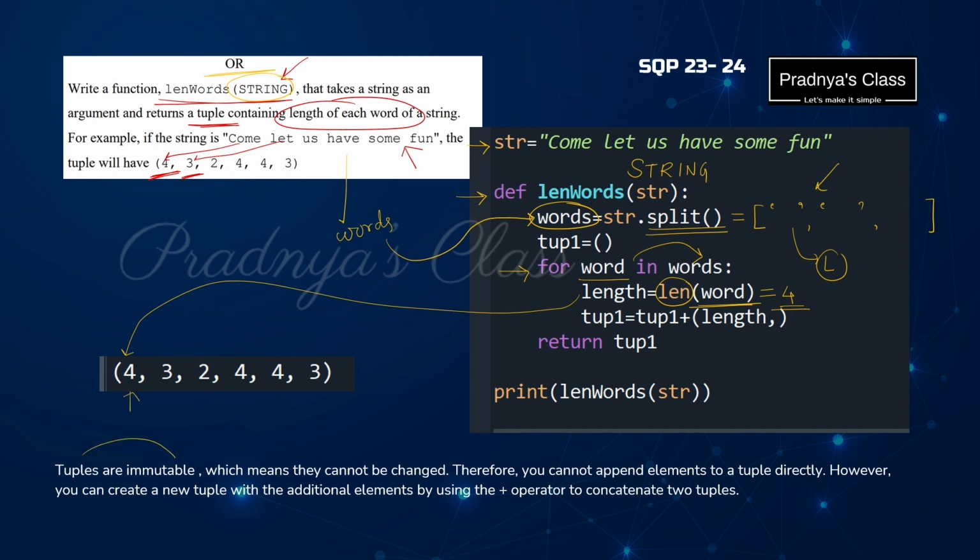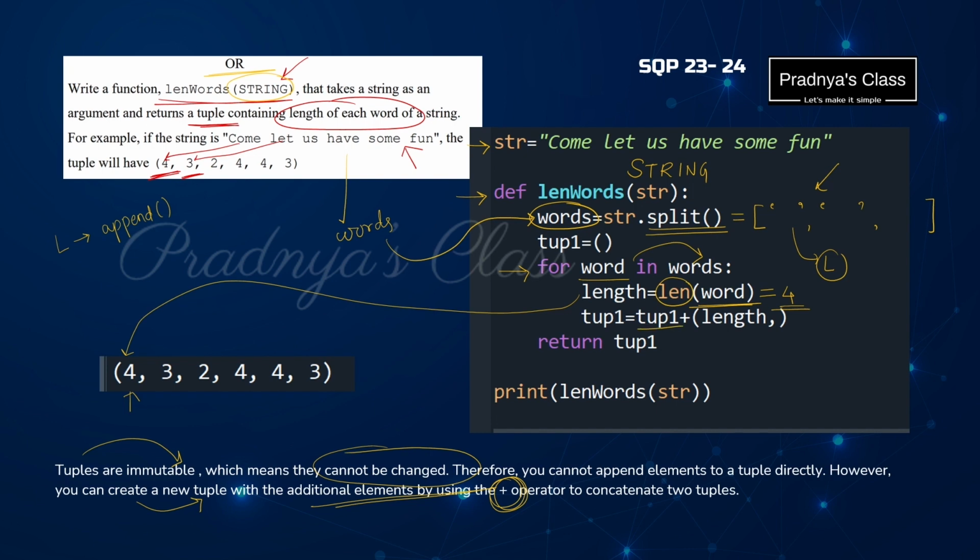But you know, tuples are immutable. We cannot change the content of the tuple once it is created. Now how to do this task? If it were a list, the task would be easy; we just need to use the append function. But in the case of a tuple, we have to make some other arrangement. What we will do is create a new tuple with the additional elements and concatenate it using the plus operator.